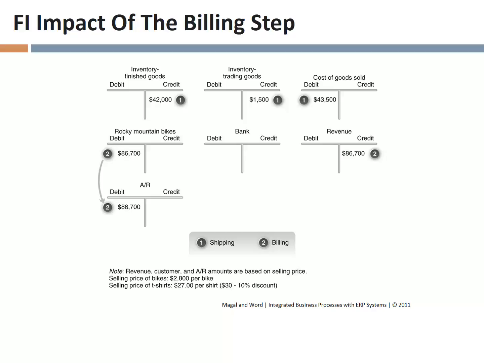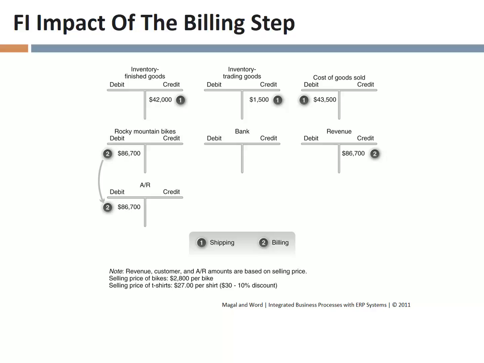We charged them $86,700. And so you will notice that we debit the customer account, indicating that they owe us $86,700. This is a receivable account. Receivable accounts are assets. I indicate the increase in the value of an asset by debiting the account. So that's why this is a debit to Rocky Mountain Bikes in this example. That results in an automatic posting to my accounts receivable ledger account in the general ledger, and then the corresponding credit to revenue that you see for the